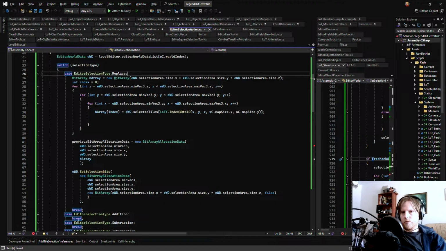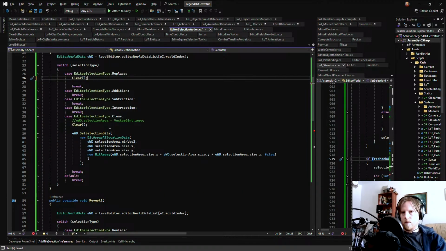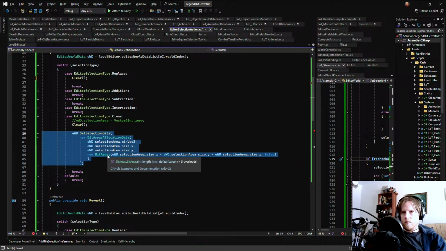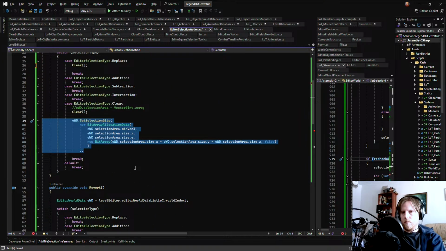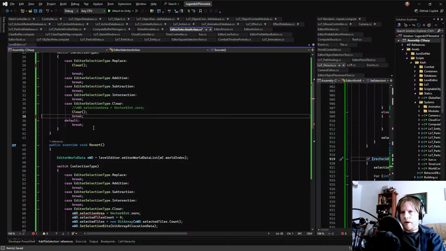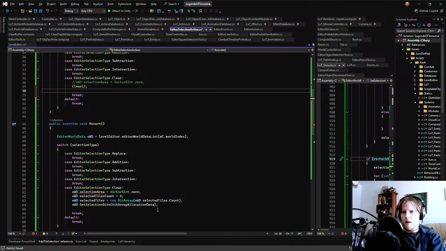And then this is also just clear. That way we don't have to pre-allocate the thing. And then as we revert clear,